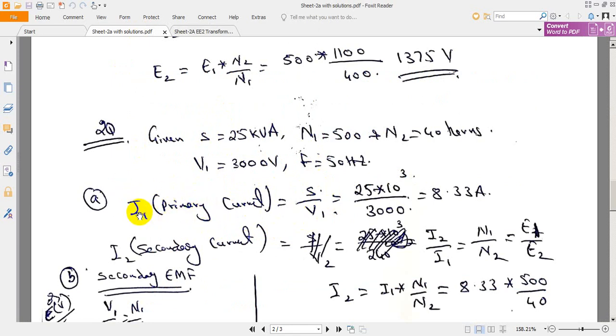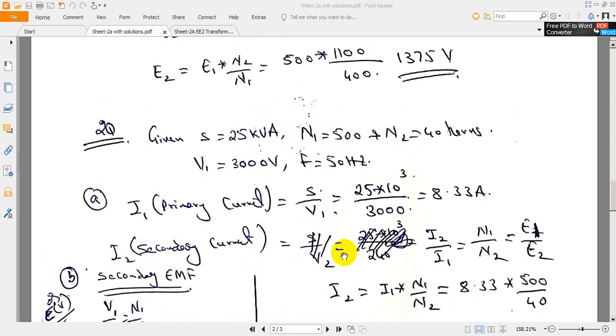So as we need to calculate, I1 is equal to S by V1. Substituting the value of S, we get 25 kilovolt amperes divided by supply voltage 3000, which is equal to 8.33 amperes. Similarly, the secondary current can be evaluated as S by V2. S by V2 means simply you can go for S, 25 kilovolt amperes, divided by